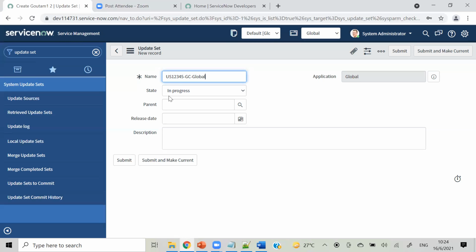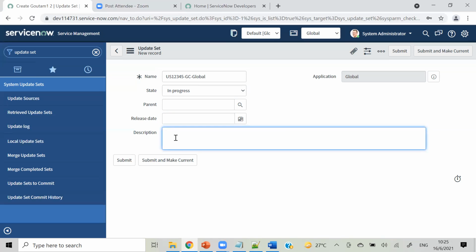Here the state by default will be In progress, and we will see the release date and description. For example, if your user story is to create a new table, I will copy and paste that user story's description here, like: create a new table, ServiceNow training.